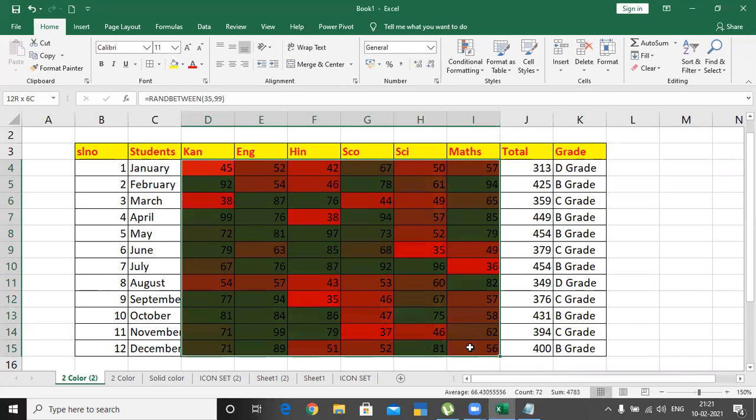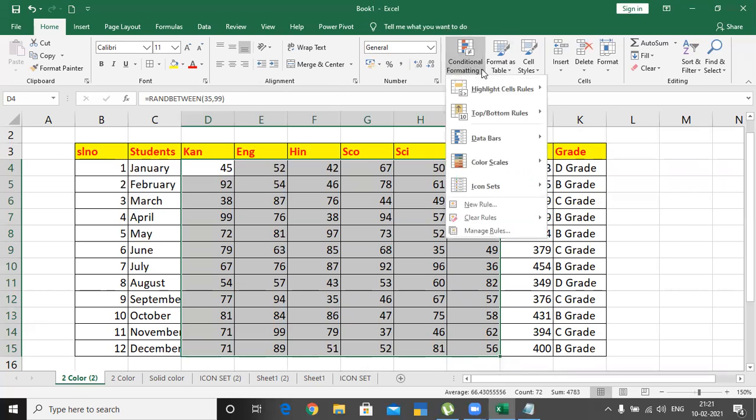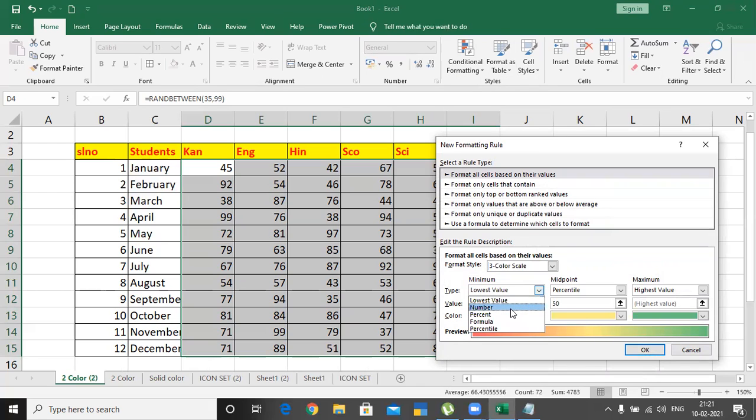Then now you set this to three color one. Click here, so delete, go to conditional, manage rules, new rule, then you select three color scale. Set this to number, midpoint let it be number, maximum also let it be number, and minimum value 35, midpoint 50, maximum 75.